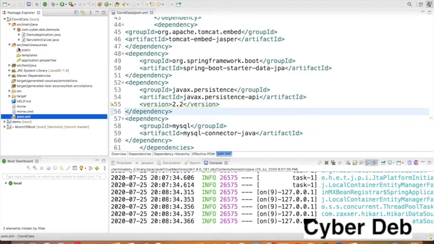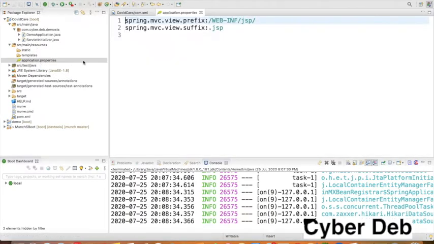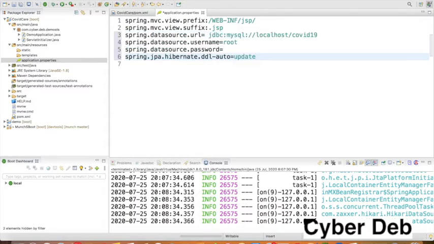Here in src/main you will find application.properties, which has nothing but the information about the JSP. When you begin creating your Spring Boot application, you may not find these two lines also. These two lines we created in one of our projects for displaying index.jsp. For our first Spring Boot application, we used it. This is to indicate where our JSP is going to be available. I will paste whatever I have copied from my blog.